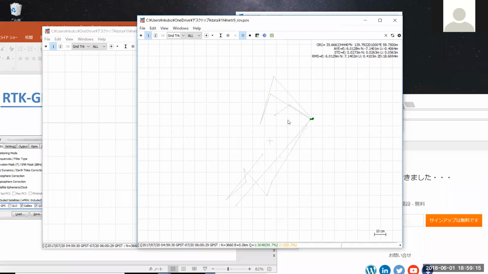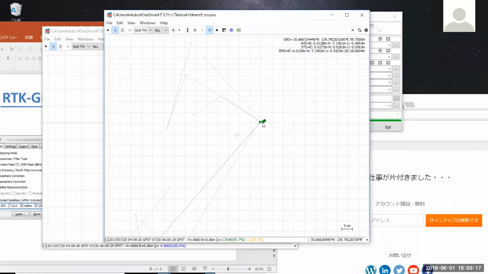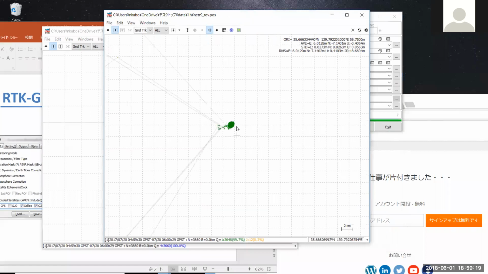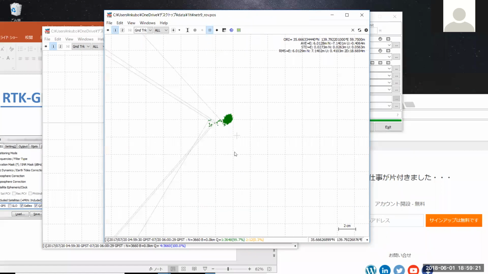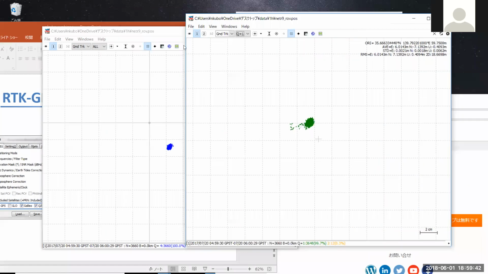So you can see the RTK fixed positions. It's very accurate, within 2 centimeters, almost. And if you choose only RTK fixed solutions, 3,650, which means 99.7% fixed. If you use a survey grade receiver and only single frequency, not dual frequency,